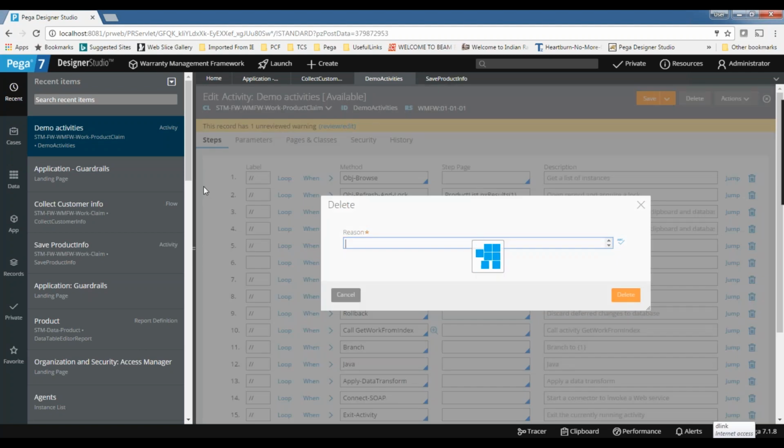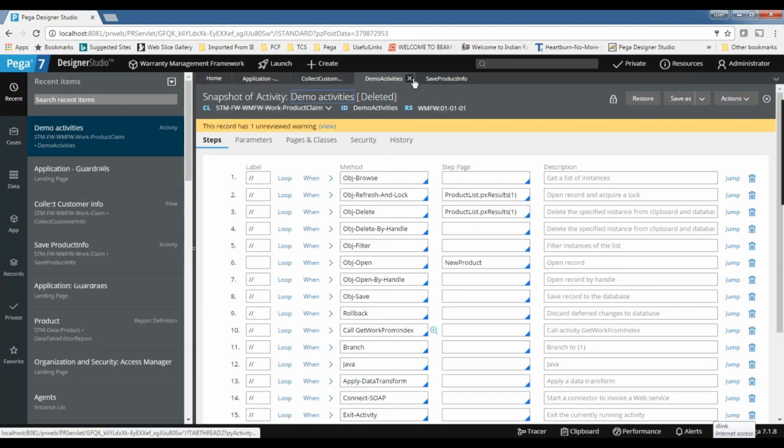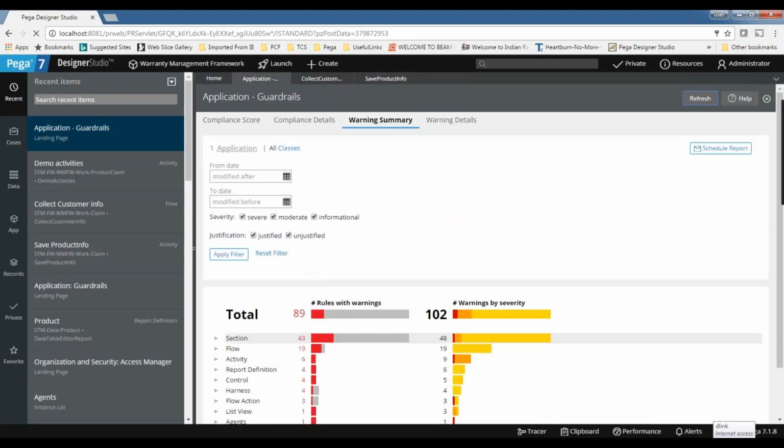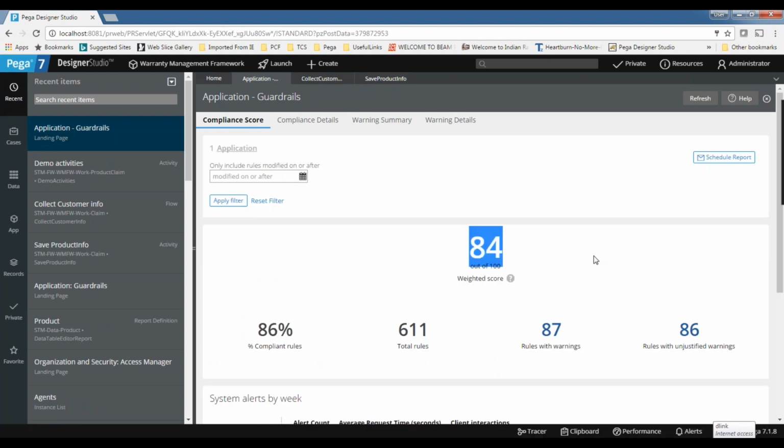If it's not required, the count will be reduced. Now it is 84. Okay, if you fix all these things, you'll go beyond 90 automatically.